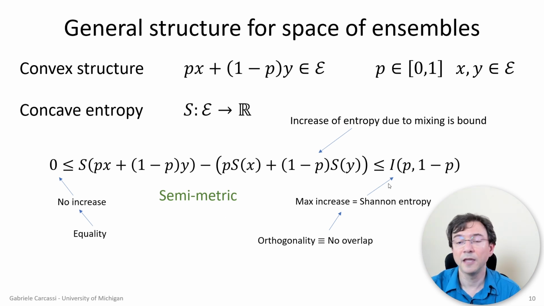On the other side, if you take two ensembles and you mix them, you have a maximum increase. You can't take two ensembles and increase the entropy arbitrarily high, and you get the maximum increase when you have two distributions that have no overlap. And at that point, the entropy that is being added is really the information about the choice of which distribution you got, and therefore the maximum increase is given by the Shannon entropy. And also, this case of no overlap mathematically is the orthogonality in the space of the distribution, and this is true for both classical mechanics and quantum mechanics.